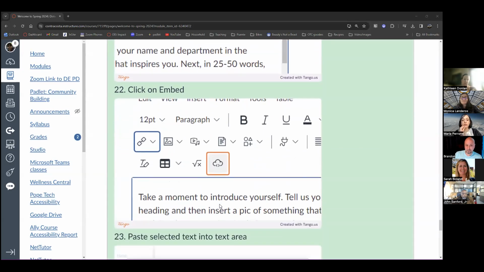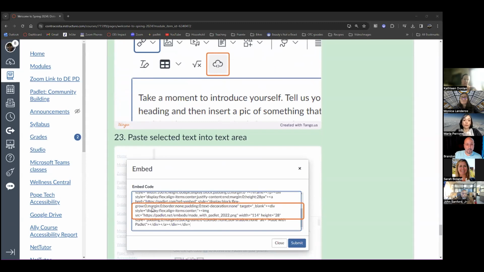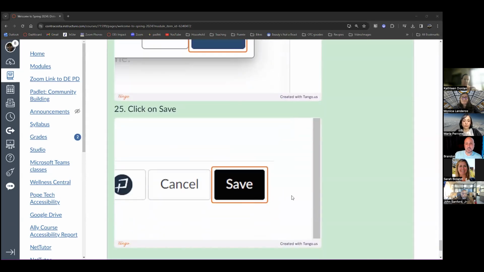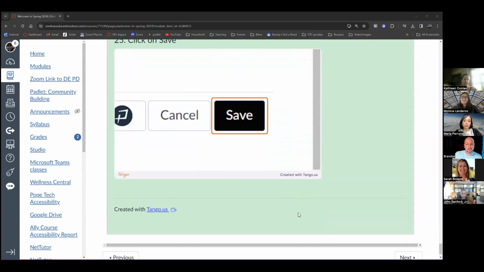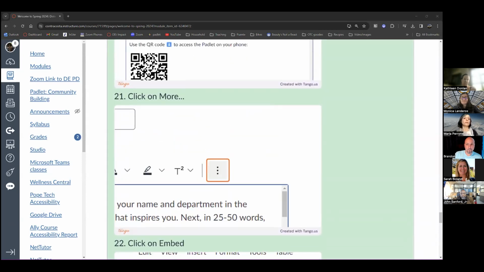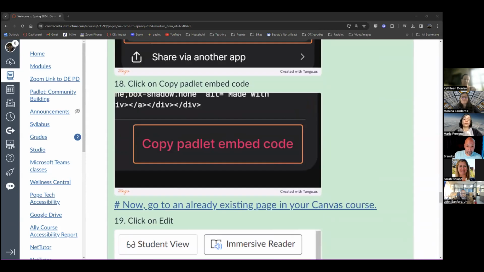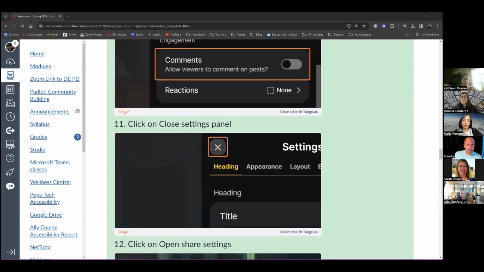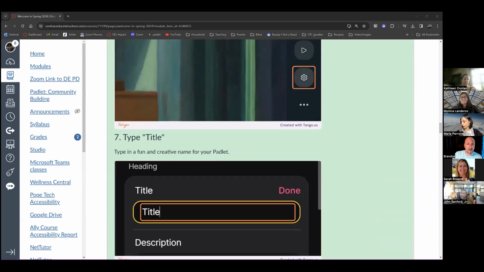That's the embed cloud. That'll open a box, and then you just paste in the code that you copied, click on submit, and save your page, and the Padlet will appear in your Canvas course. It will be live, and anybody will be able to access it and use it. So these directions are on the page, so you can follow them at your leisure. You are setting up your own Padlet assignment